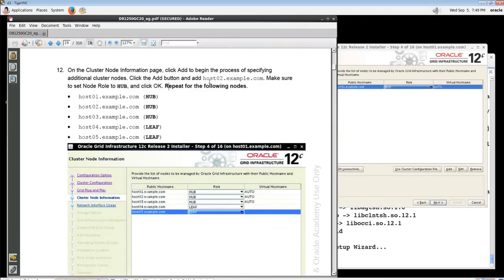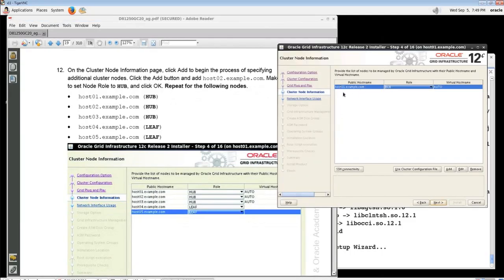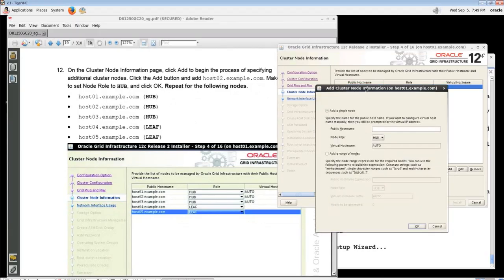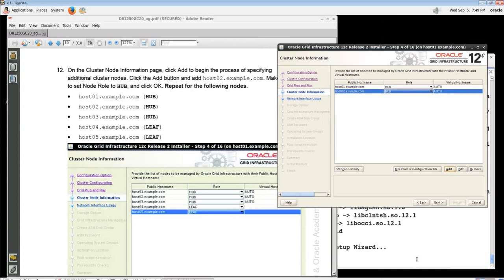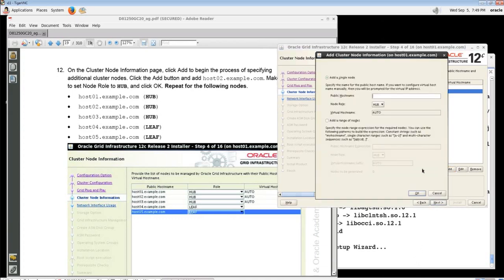And also, I'm going to add 5 servers. Since I started OUI from host 01, it was already entered. So I will have to add additional servers, host02.example.com. I will copy and paste. And this must be a hub node. And I will add host 03